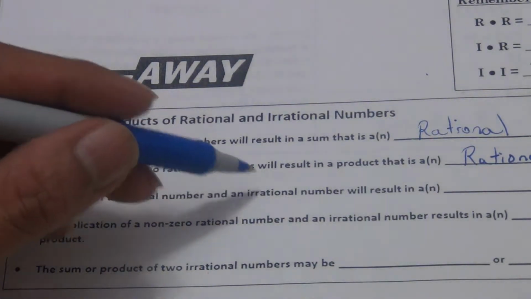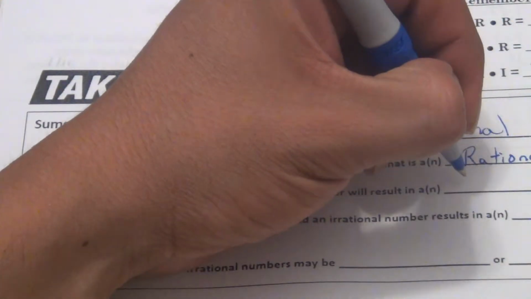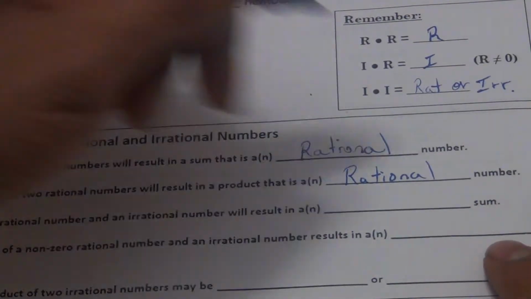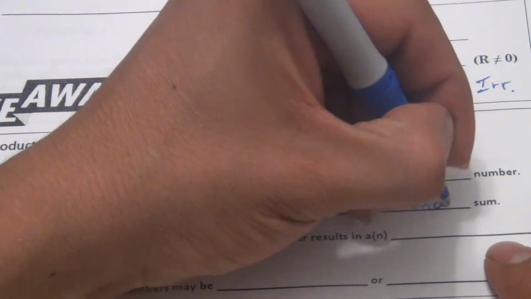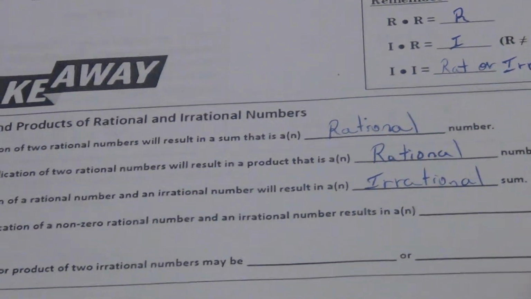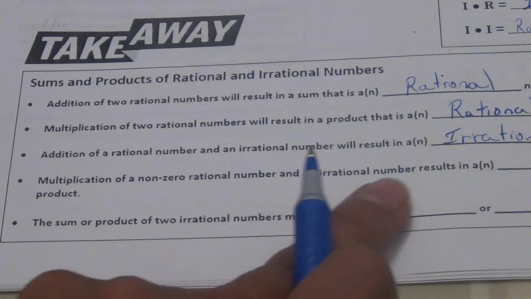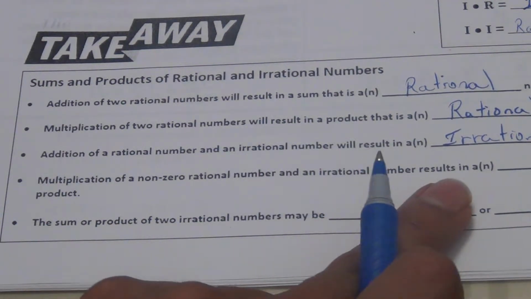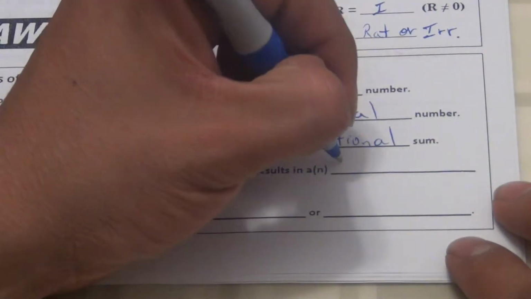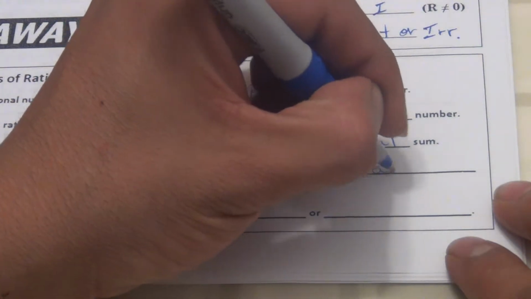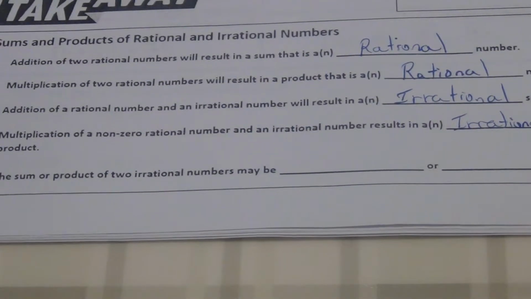Addition of rational and an irrational number. If you add a rational and an irrational number, what are you gonna get? There you go. If you're my student and you said it, I'll give you 10 points. Good job. Multiplication of a non-zero rational number and an irrational number results in what? Rational times irrational is what? Very good. Excellent. Another 10 points. Okay. Now,